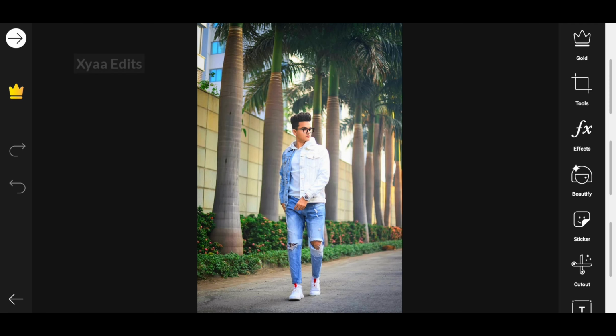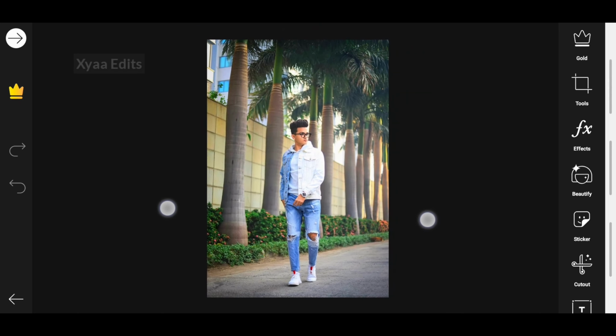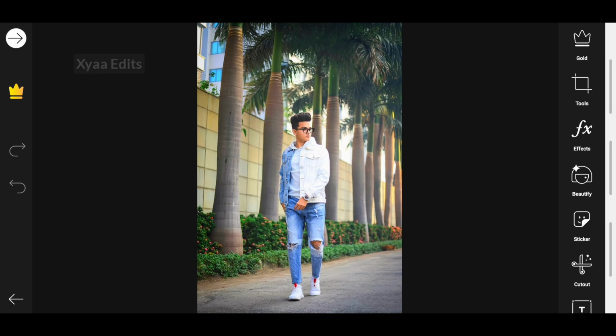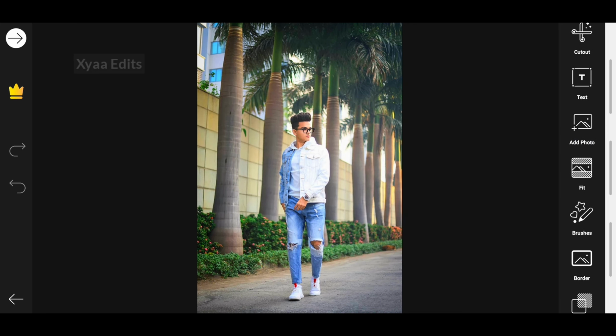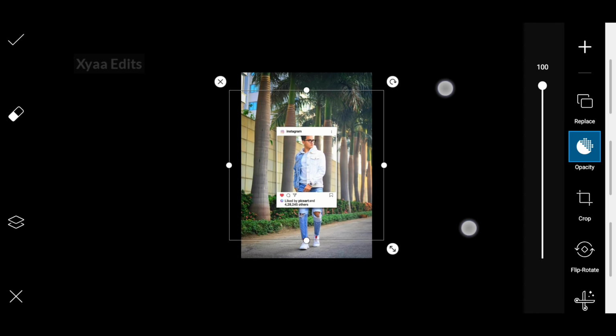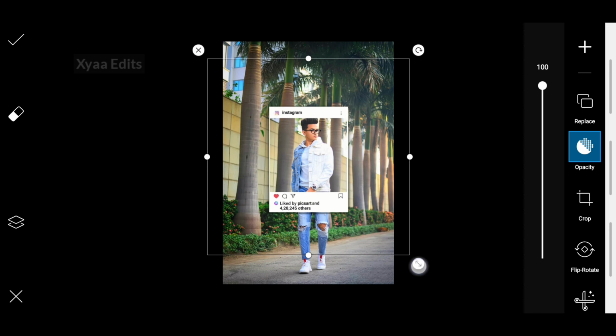Okay, this is the model image I am going to use now. Make sure your model image is somewhat colorful and full pose image. Okay, now we have to go to add photo and select your PNG, Instagram frame PNG. Friends, this is the Instagram frame PNG. Now simply zoom in like this,